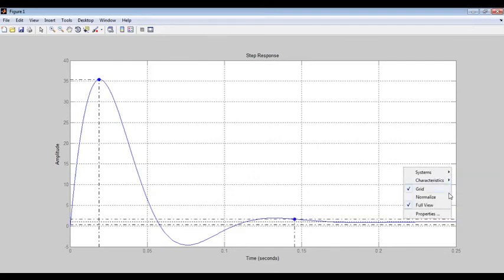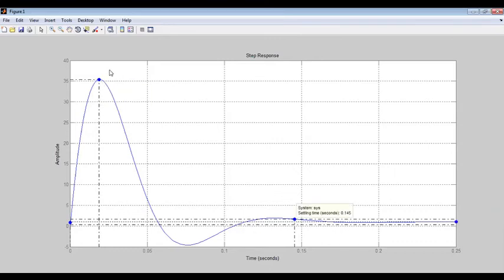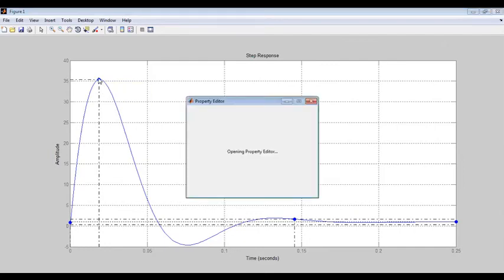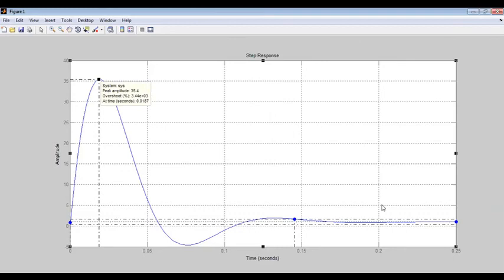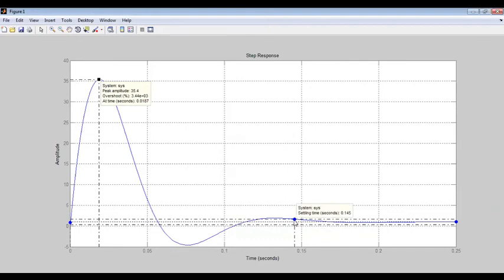In this case, you observe all the time domain specifications. Again the system is stable. Initially it has oscillation, then it has reached stability. So you are observing that when you go on adding zeros on the left half of the plane, stability is not affected, but there will be a change in the time domain specifications. Addition of zeros will increase the peak value and the peak occurs earlier. There will be a decrease in the rise time and the settling time will increase.